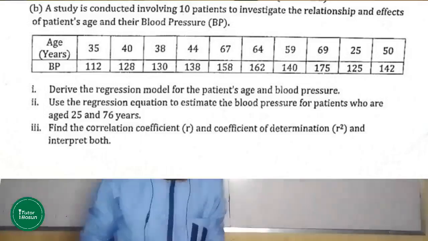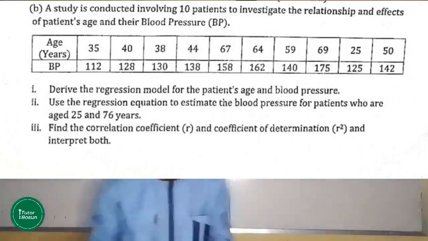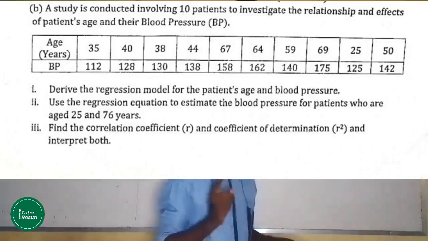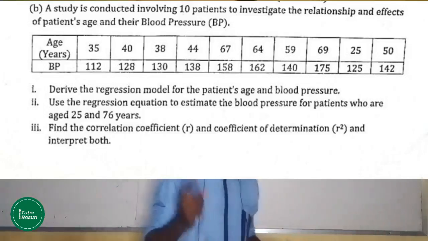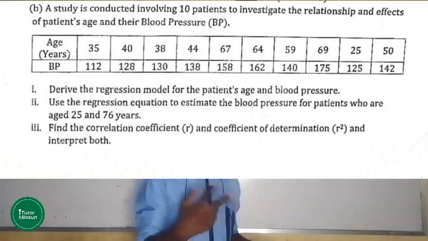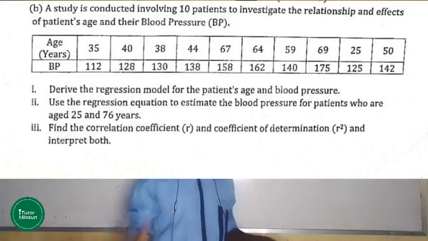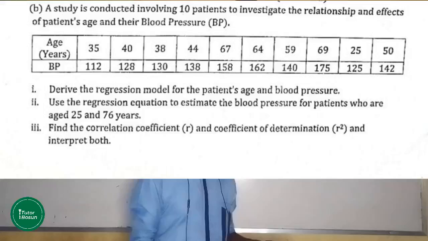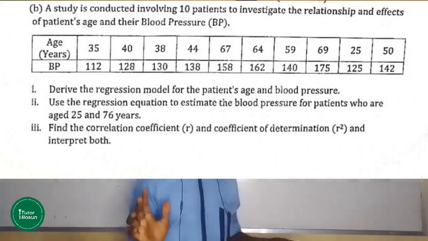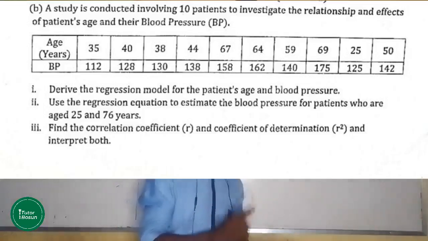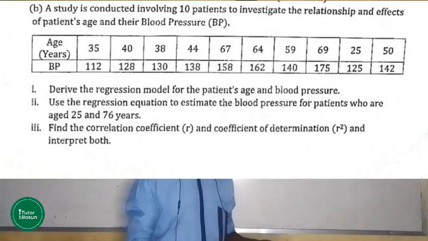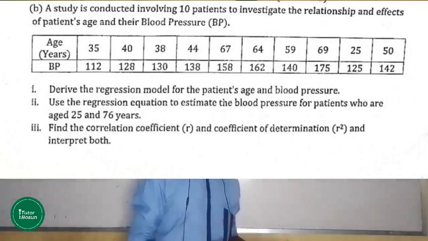The example says a study is conducted involving 10 patients to investigate the relationship and effect of patients' age and their blood pressure. So definitely we are having two variables, age and blood pressure, and we are given a table that indicates the age and blood pressure. The first question says derive the regression model for the patient's age and blood pressure. And the second says use the regression equation to estimate the blood pressure of patients who are 25 and 76